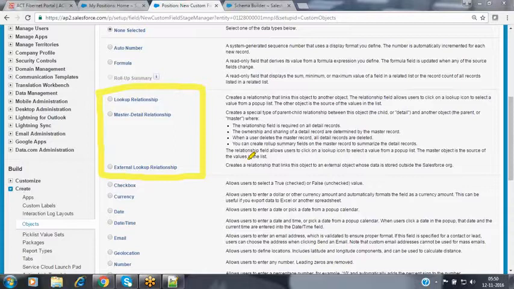I want to map the lookup relationship between the two objects, so select the field type as lookup relationship. I am creating a new field of a relationship type, that is a lookup relationship type.